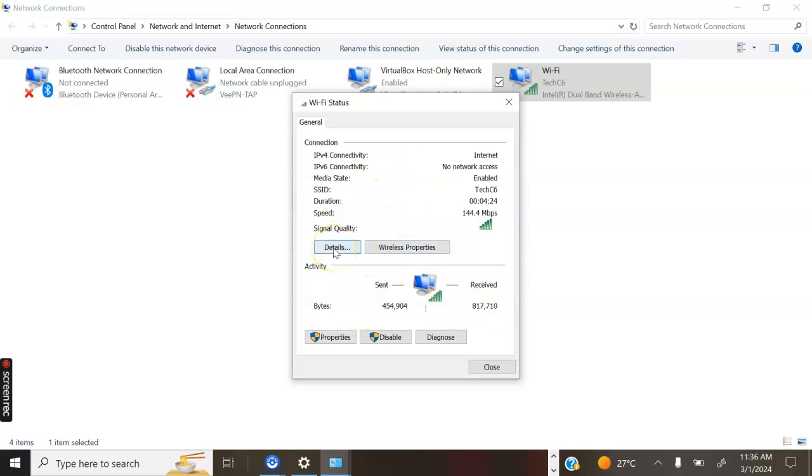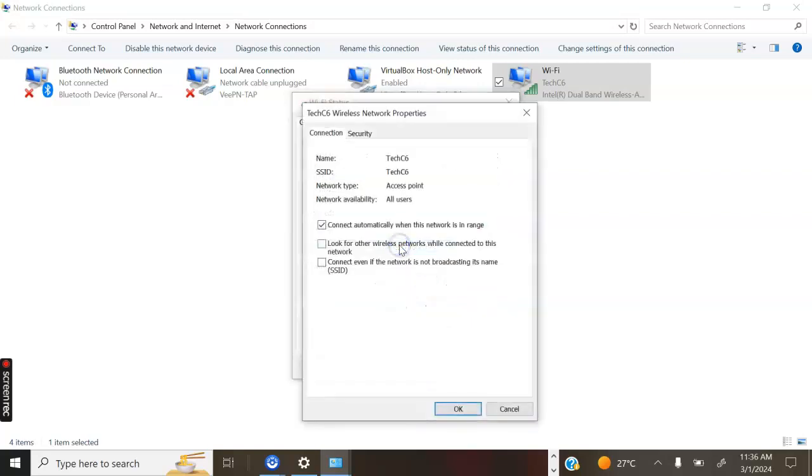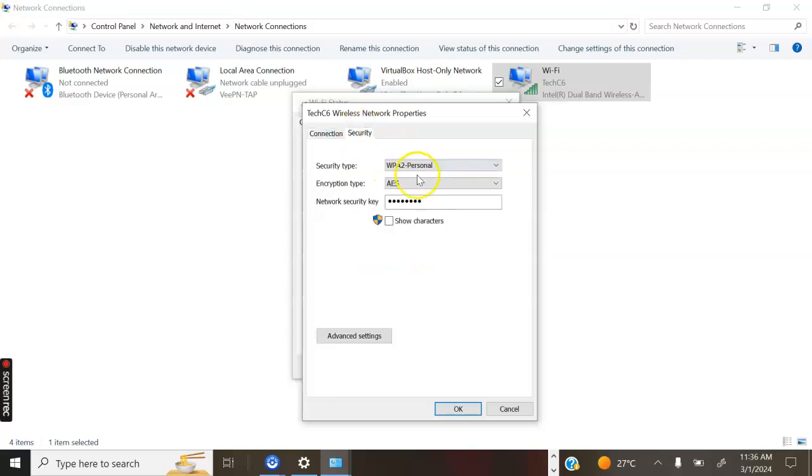Then we have the details. This is the name, then the number of the speed. You can see the speed, then the strength. Then you have the send and the received. Okay, go to the wireless property. For the wireless property, we have the connections where we have the name of the network and the access point and all the users. So go specifically on to the security so that you can see the password